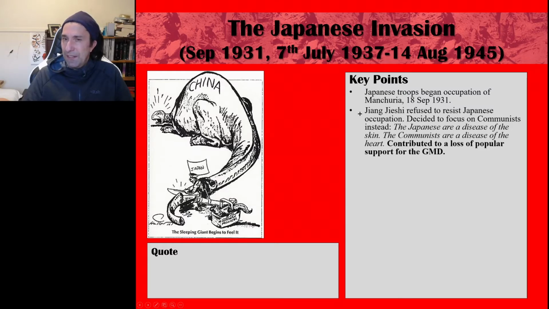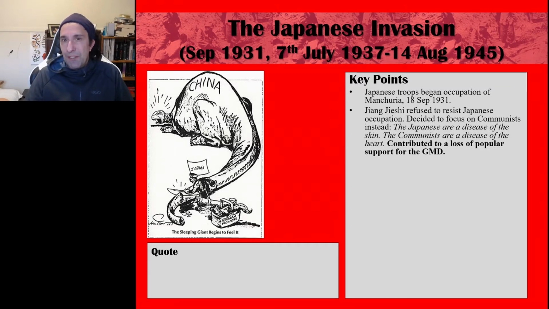And we look at this point here. Zhang Jieshi refused to resist the Japanese occupation. He did move some troops up to the border with Manchuria, but that was about it, to try to stop any further incursions by the Japanese. But his main focus at this time, from 1931 right up to 1934, was actually the communists. And we've looked at the Jiangxi Soviet and some of these other small Soviets that the communists had set up after the White Terror, and after they'd been forced out into the countryside by the Kuomintang from middle 1927 onwards.